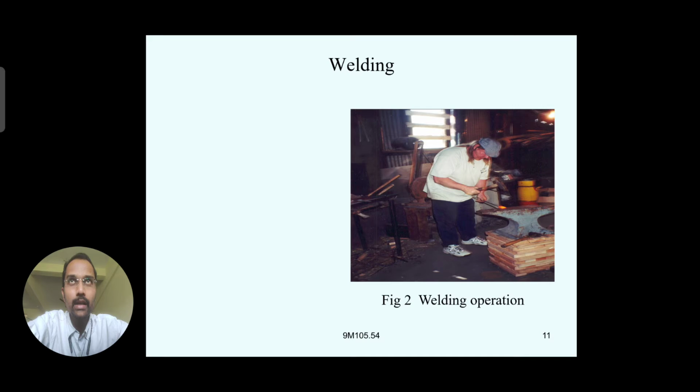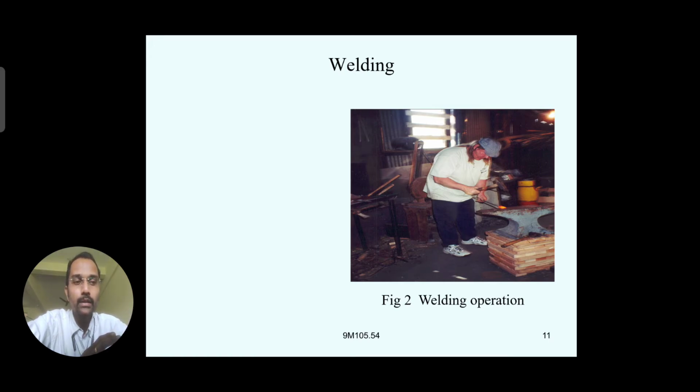Similarly, next, welding can also be done in forging. It is a permanent joint where we are joining two similar parts together after heating them to red hot conditions. So different joints have to be made before doing these welding operations. The two parts can be joined as different joints, like a lap joint, we have the butt joint, right, and some V joint.